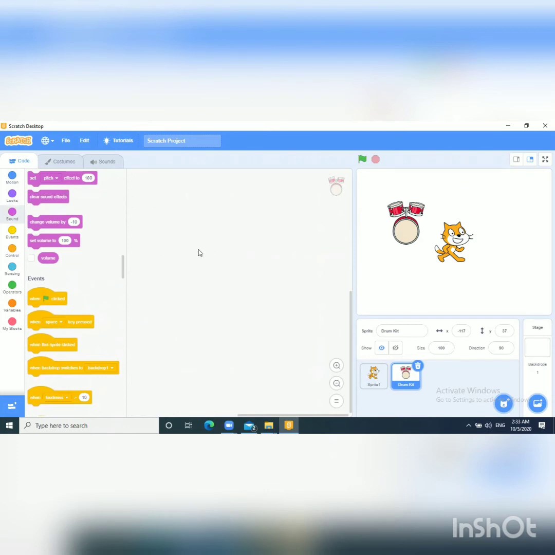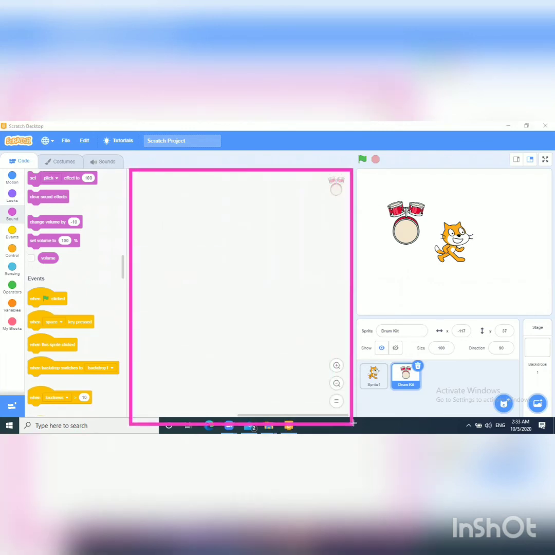Next one is script. This complete white area is called the script area. Script area is basically the area where we place our codes.